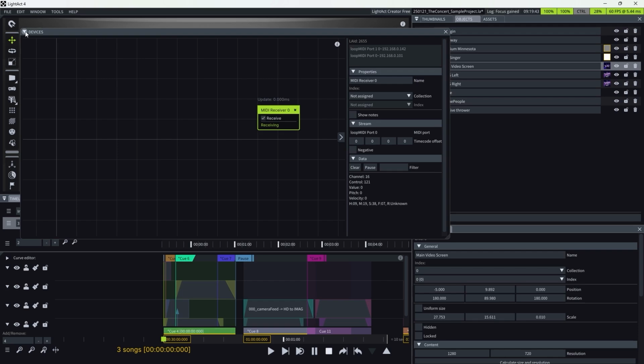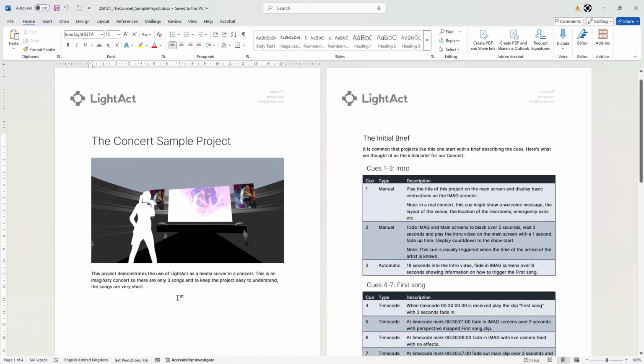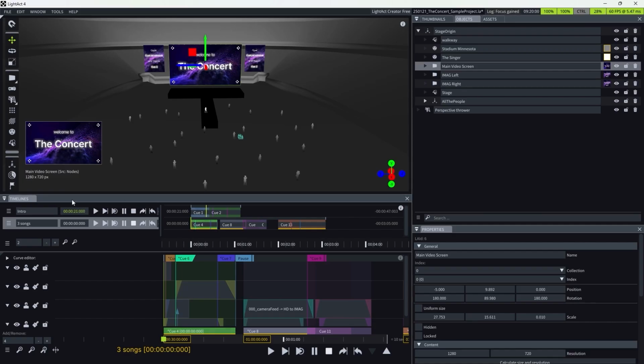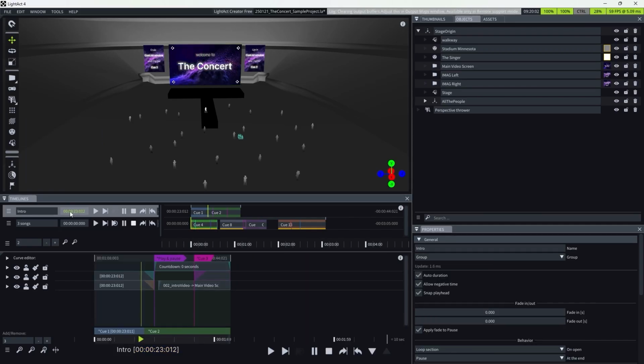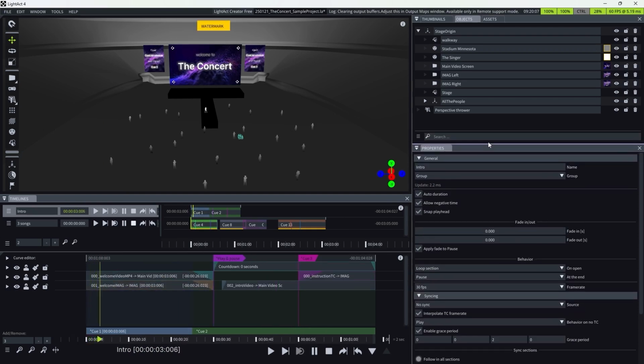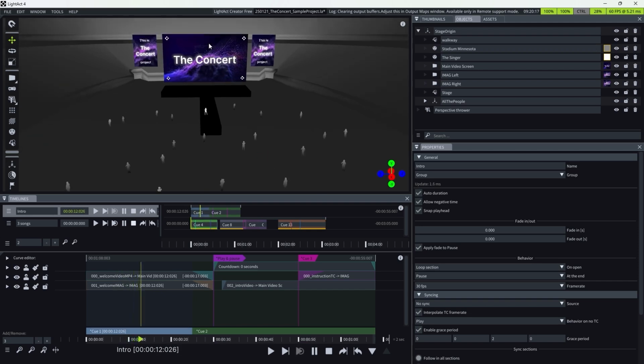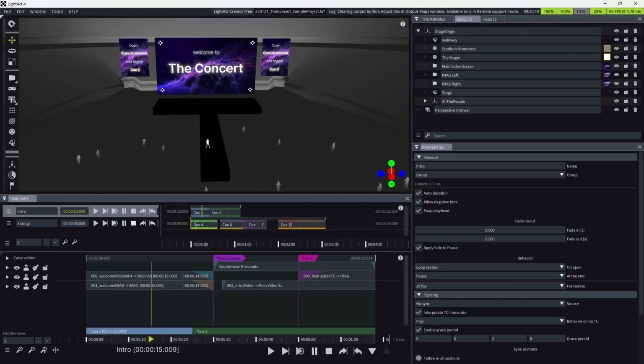Okay, so let's go through the project. The project is set based on this brief that is an imaginary brief, which sort of resembles a real brief you might get in one of your shows. I've split the project into two timelines. One is the intro timeline, which basically, according to the brief, is set to, when you open the project, start looping this Q1 section, which basically shows some welcome messages on the